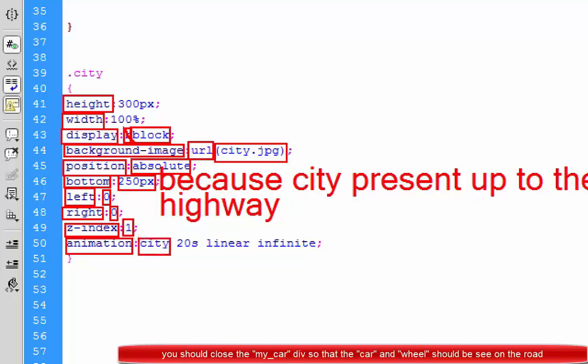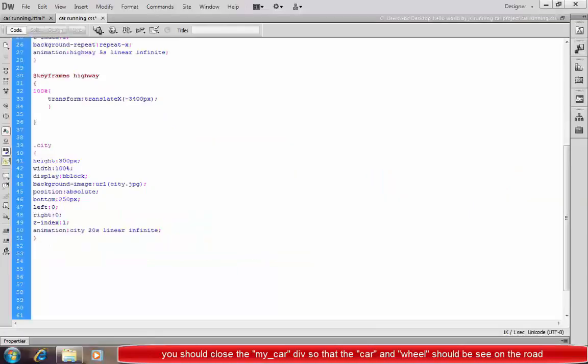And after we use animation, city is equal to 20 seconds. And then linear and infinite: linear means it runs in a single direction, and infinite means it runs continuously with time. And at the rate of keyframes, city specifies the animation type, and the animation is at 100%.